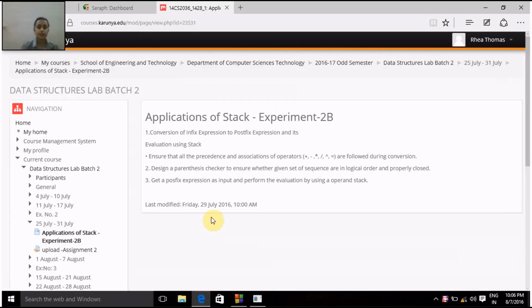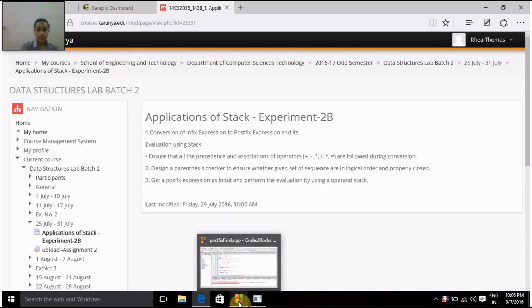Hi, this is Riya, and in this program I'm going to explain how to write the code for the conversion of an Infix expression to Postfix expression. Now while writing the code for this program, we have to ensure that all the precedence and associations of operators, that is plus, minus, into, division, power, equal to, are followed during the conversion. Now let us see how to write the code for this program, but before that